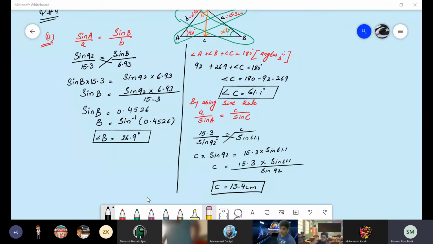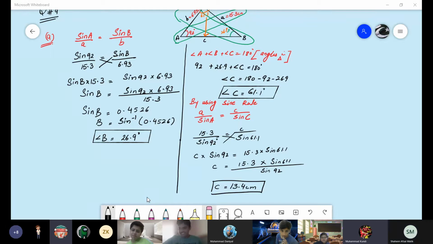Ma'am, you can give both as homework. Really? Yes, ma'am. Too much easy. No, give us one. Yes, it's the same thing. Only you should know the sine rule and you can continue with it. Ma'am, give us one, we will practice. It's easy in class, quickly completed in class. Give us one only. Yes, one. Then I will give you one more question, but don't worry. Continue with the C part now.